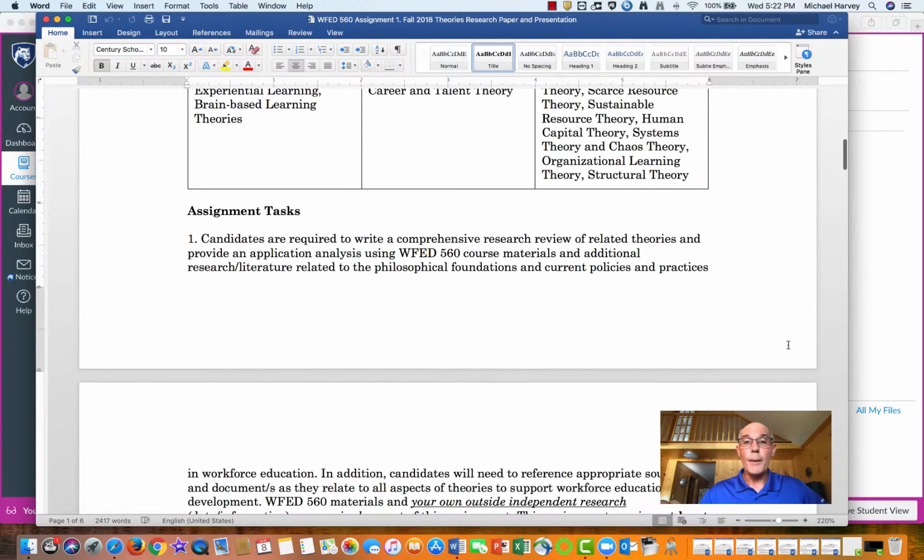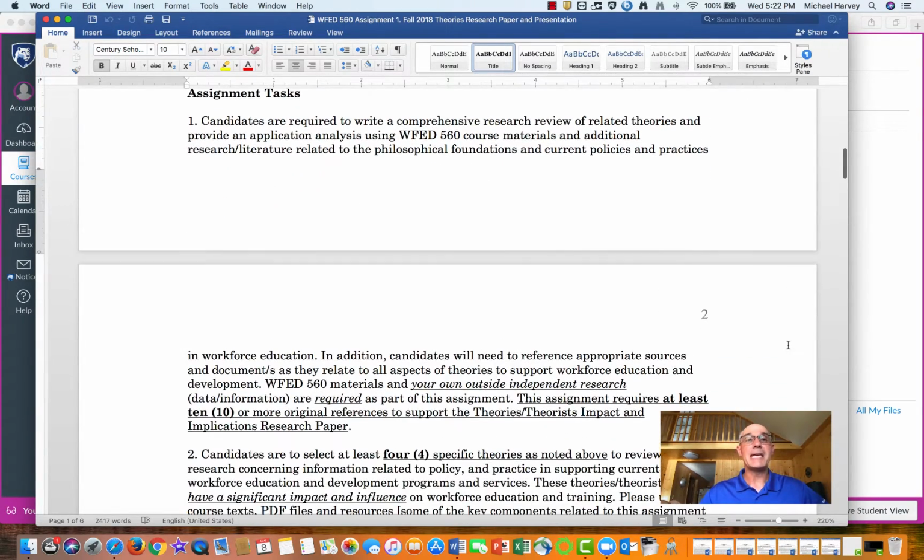Please select 4. The actual assignment tasks are fairly straightforward. What I'm asking you to do is to write a comprehensive research review related to the 4 theories that you pick for this particular research paper. You may use Workforce Education 560 course materials. I have a variety of websites and other elements that are presented for you, and you will want to do a comprehensive review